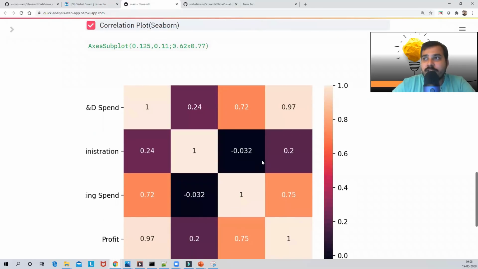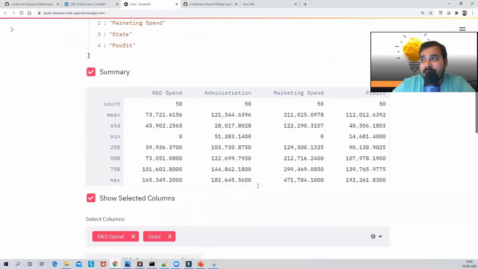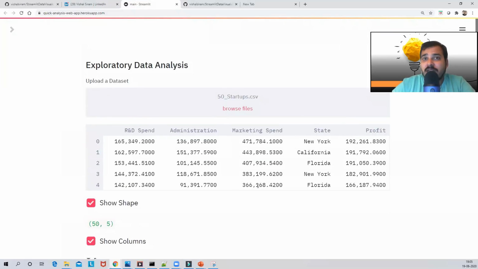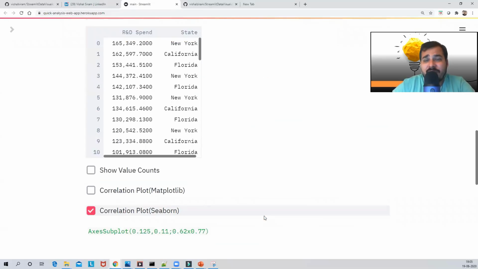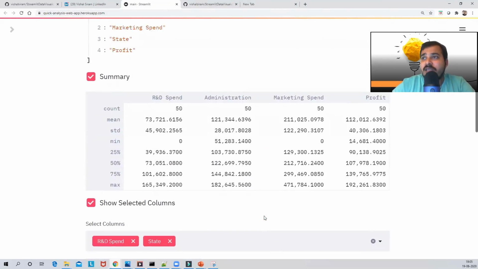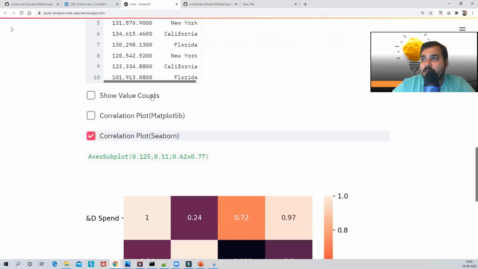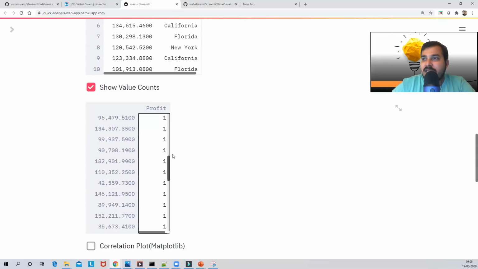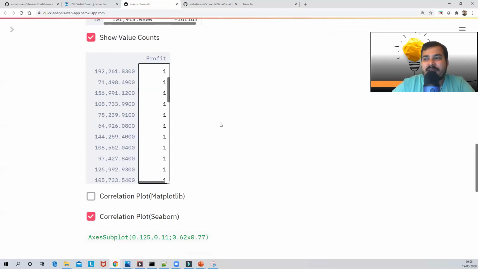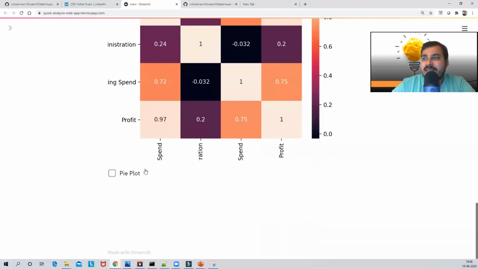This is the correlation. Yes, it is not very advanced, guys, but he has at least started this, which is pretty important for learning purposes. Still, we can add many more functionalities. We can see how many missing values there are, and how many unique values there are. I think he has done the unique values also. Okay, let's see, show value counts. So he's given this. I think he can make it better with more functionalities, but yes, it's a good start.